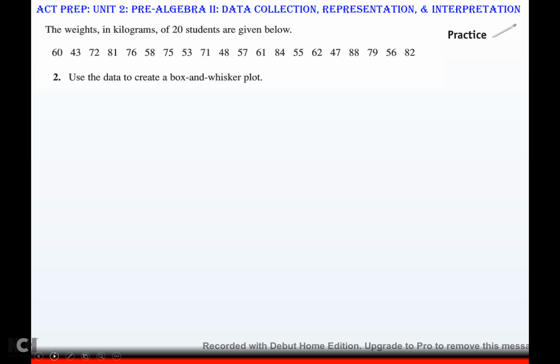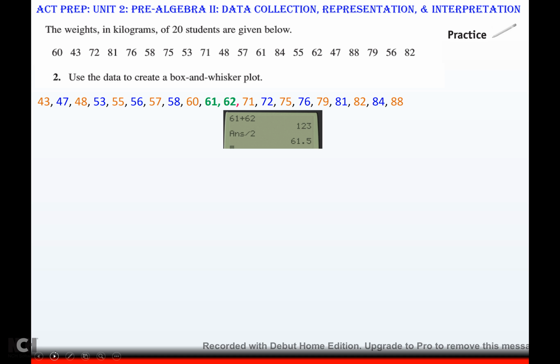Alright. Same data, and now they want me to create a box and whisker plot. So I copied my data again. Then what you're going to do is find the middle. I highlighted them, so it was a tie between 61 and 62. So I divide by 2. So my median,